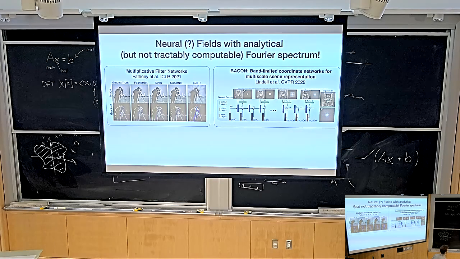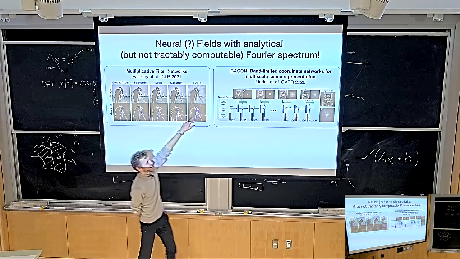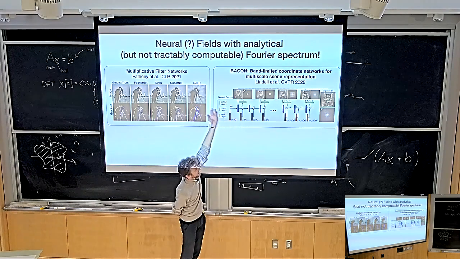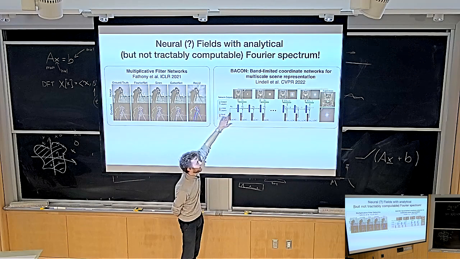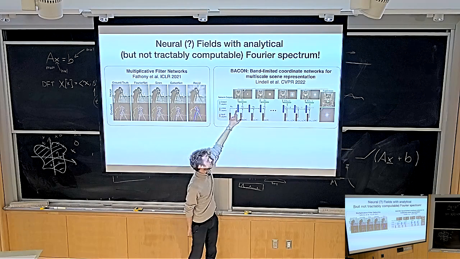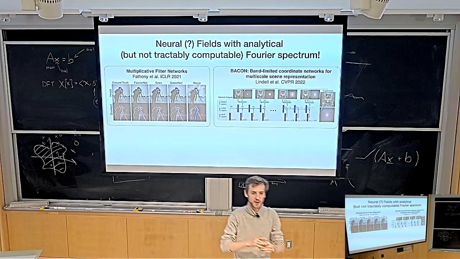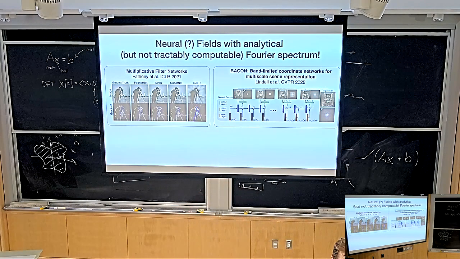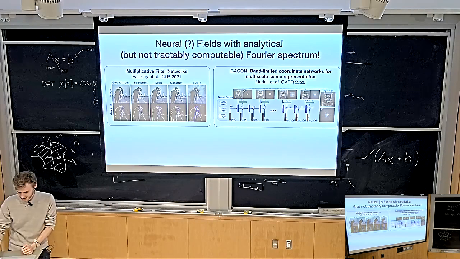So there have been a few papers in the last few years. Some of Bacon is a kind of funny paper title. This is David Lindell. He was my old lab mate, and he also wrote Siren with me. David is now faculty in Toronto. He wrote this cool paper where they showed that you can build a multiplicative network where you always have something like sine of ax plus b times sine of ax plus b. So it's multiplicative as opposed to being composed, right? If you had a neural network, it would be sine of ax plus, get the idea? So it's not composed, it's just a series of multiplications, and it turns out that that does have an analytical Fourier spectrum, and they showed a bunch of cool applications for that.